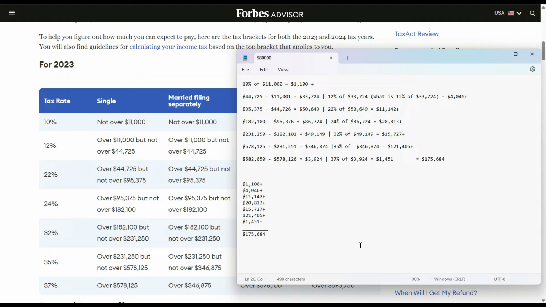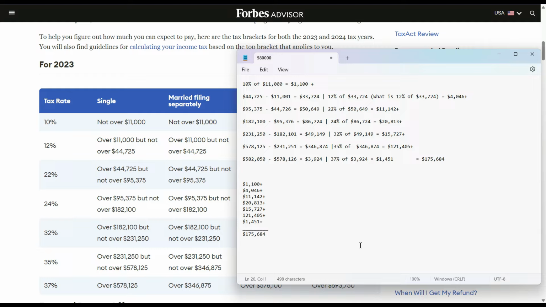When you get done subtracting the second number of the tax rate, which is always higher than the top number, which is always lower, then you want to see what the tax rate is from the number that you got when you subtracted those two numbers. Hopefully that's an easier way for you guys to understand it. And at the end of all of those equations in each tax rate, you want to add up every number that you got. Now this part can be a little tricky, but you have to stop at the tax rate that you're in. Let's say you only made $200,000 for the year, then you'll stop at the 32% tax bracket,